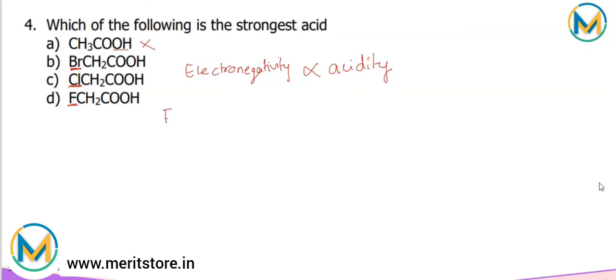So among the halogens, fluorine has the highest electronegativity, then chlorine, then bromine, and the least is for this compound, that is hydrogen. So the acidity also goes in a similar way, this molecule will have the strongest acidity, then chlorine, then bromine. So the correct answer among the given options is option D. Looking towards the next question,